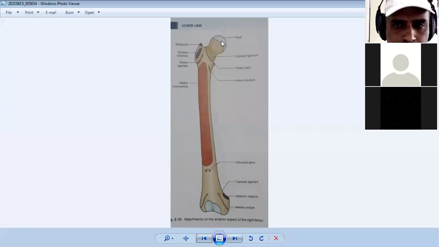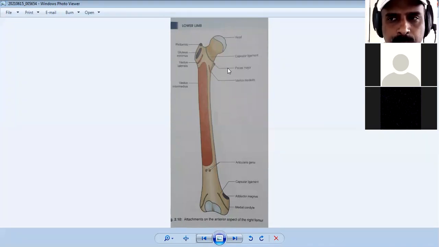We are going to get the longitudinal axis of the upper end here, and this longitudinal axis of the lower end here. So it is making the 15 degree. That is what you have to remember. The axes of the upper end and lower end are making the 15 degree, that you have to remember.